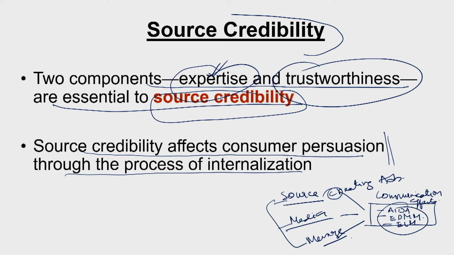You will take this message from a credible source and store it internally for reference, because each time you think about that master chef, this masala will come to your mind, and so you will buy it. Through the process of internalization, of binding this trustworthy and expert source with the particular product being advertised, we see the effectiveness of source credibility